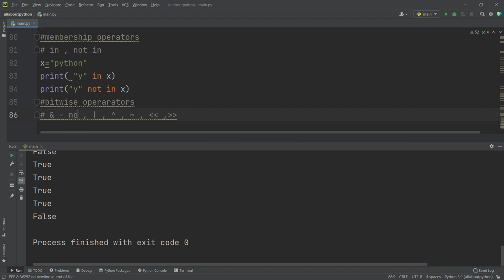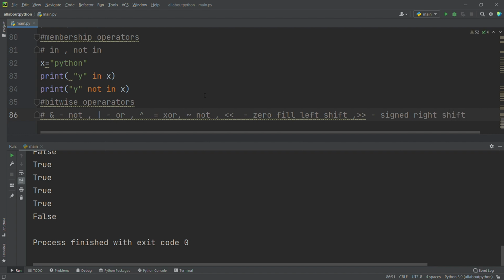This is not, this is or, this is the XOR operator, this is the not operator, this is the zero fill left shift operator, and this is called the signed right shift operator.